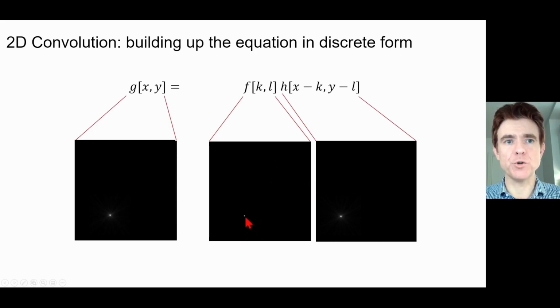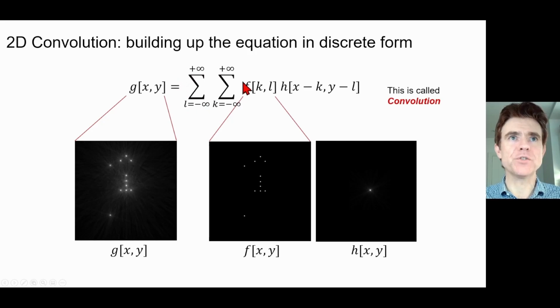Now here, because we've only got one point source, we only need to do this once and we've got the correct answer. But in general, there could be point sources somewhere else inside this object, and they're going to have different amplitudes f depending on position k and position l. Therefore, we get a scaling factor, a coefficient f, depending on position k and l, and we use that to scale up the point spread function h of xy shifted to the position kl of the point object that we're considering. So that's why we simply have to do this summation